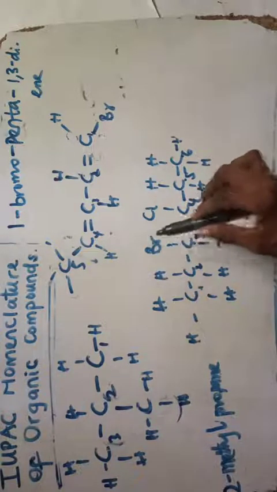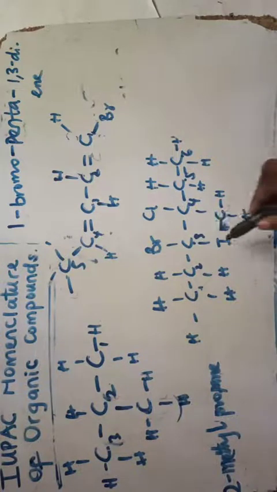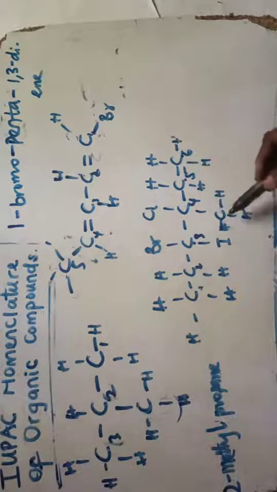Okay, so in numbering, I decided to number it like this because counting from here will give me the closest branch as what? Bromo, and I have the closest branch as well as what? Iodo, which is also one of the greatest present in this particular concept here. Okay, so you have your iodo here at number 3. Your iodo here also is very powerful, and it will cancel out this particular methyl and this as well. This methyl is not as powerful as iodo.